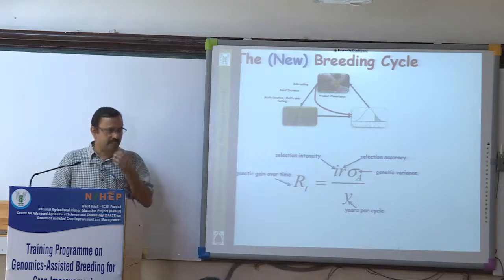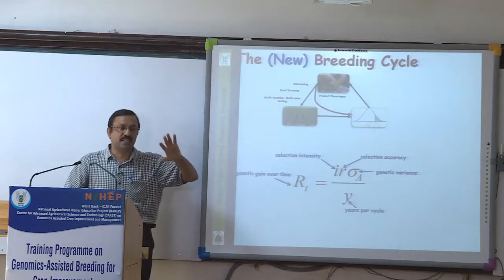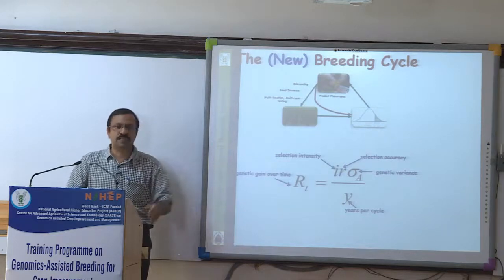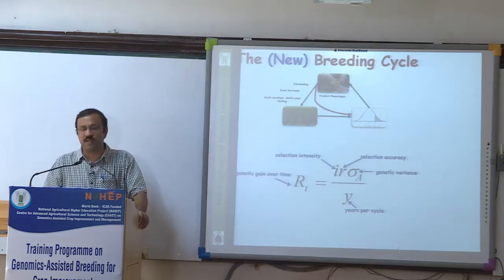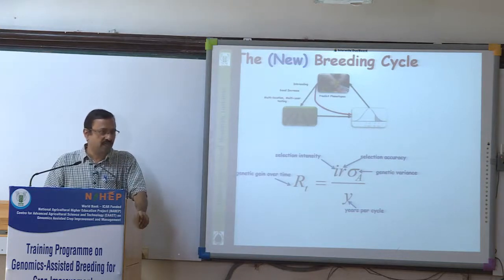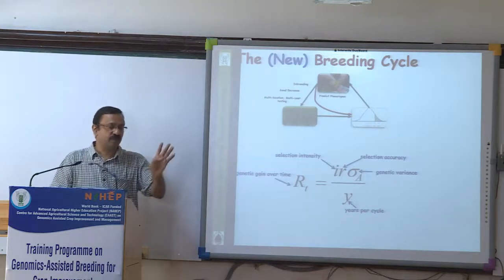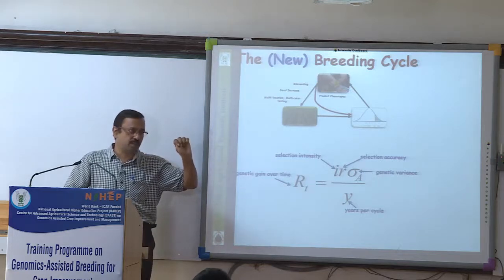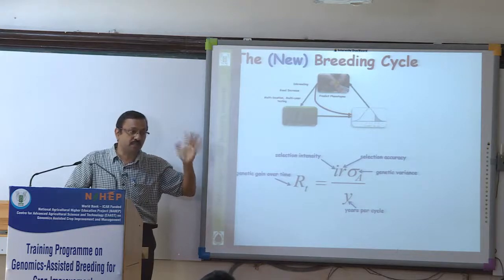I know how they release a variety: if it gives a minimum 5% increase in yield in the second year of testing, it is released. Let us look at one of the AICRP crops, wheat, which is one of the oldest, from the 1950s. Take 10-year gaps: 50 to 60, 60 to 70, 70 to 80, 80 to 90, 90 to 2000. That is 7 intervals, 7 into 5, so a 35% yield increase should have been there,